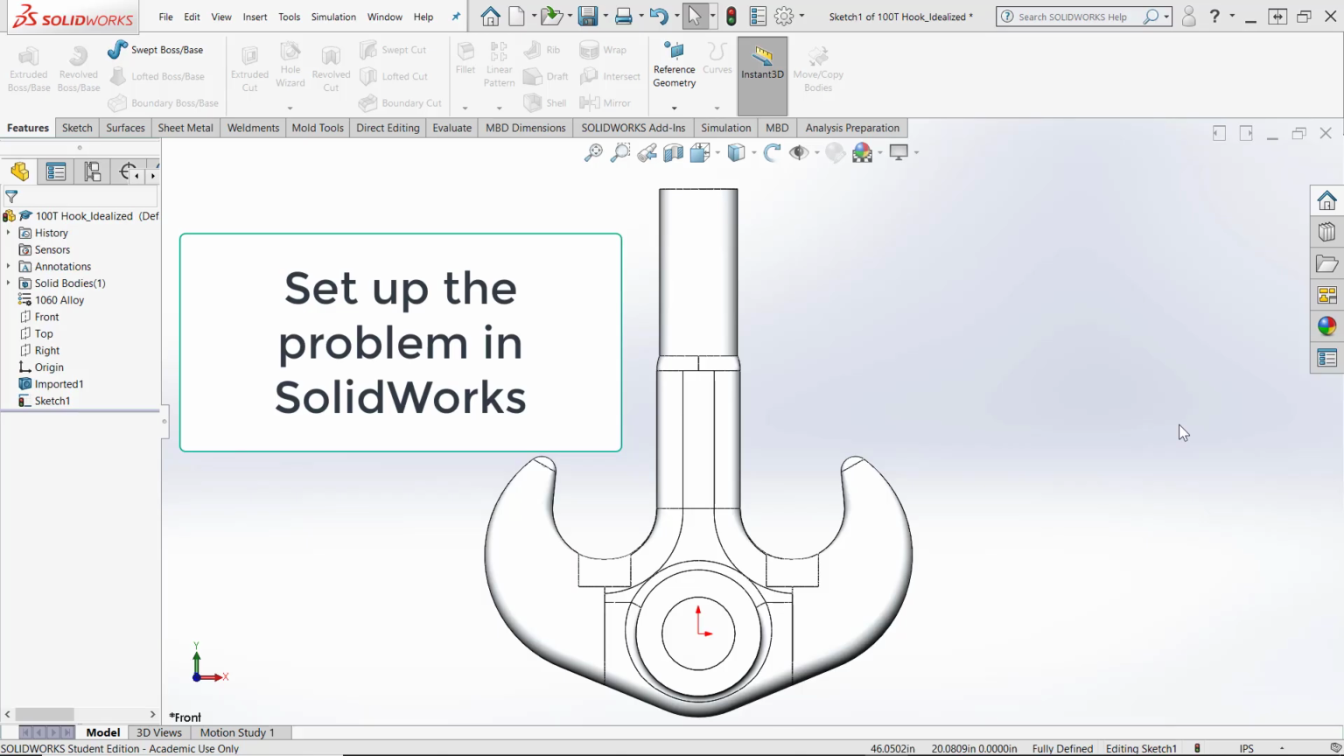In this example, I brought the part over into SolidWorks